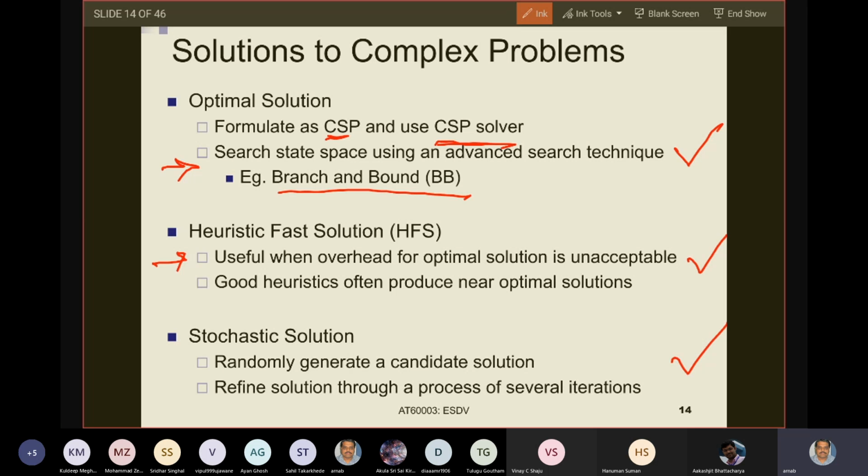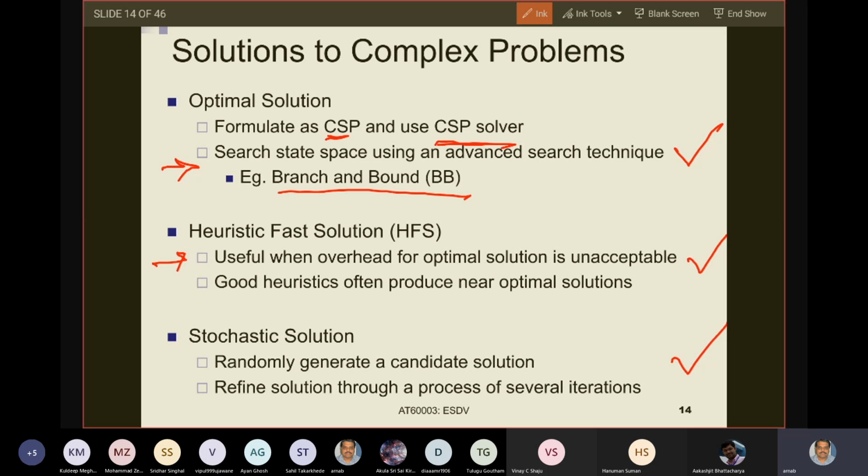Also, sometimes it so happens that this optimization problem is part of a bigger design problem, and that design problem needs to go through several iterations to generate a good solution. So if you solve this small problem optimally, which takes a long time, the entire design process cycle gets hampered. So you may often need to generate quick, good solutions, which may not be optimal, but are satisfactorily good,